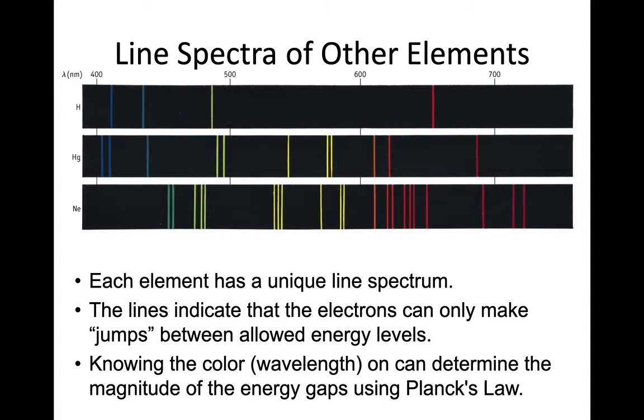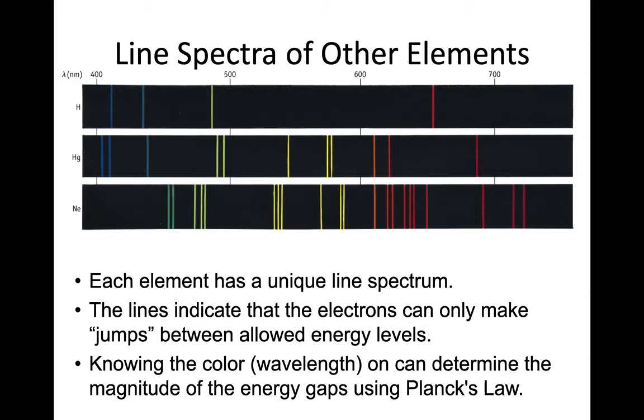The reason this is connected is because the knowledge of photons and light and energy can also be used to identify elements. Each element has a unique line spectrum. Remember when we talked about the emissions of different elements? This is what we did the flame test for, to see what color light different elements emitted, and we could identify elements based on that color because they were all unique, and it had to do with where their electrons were,